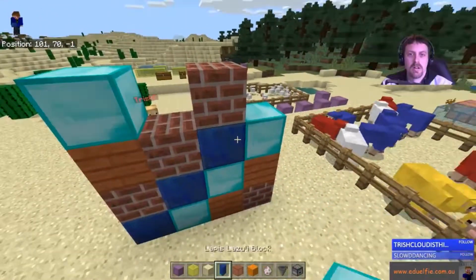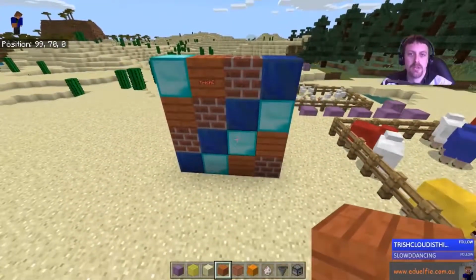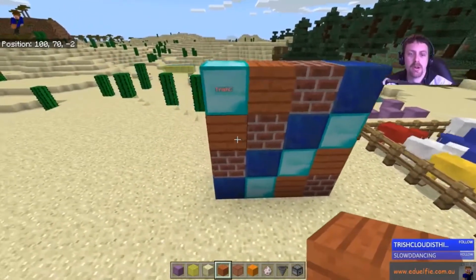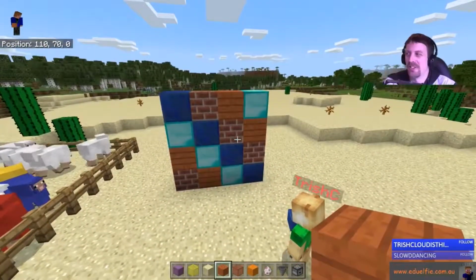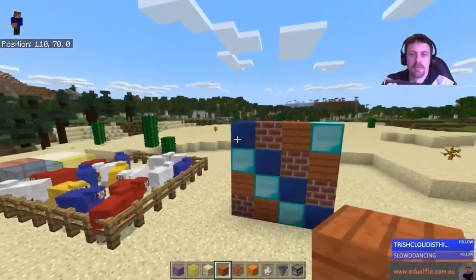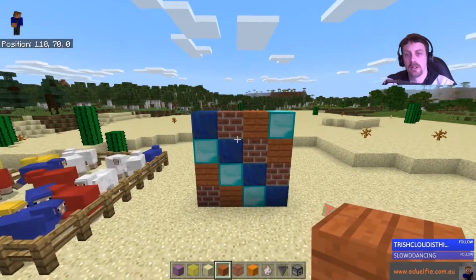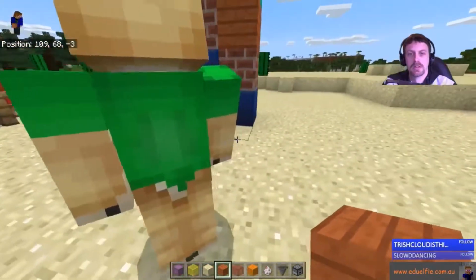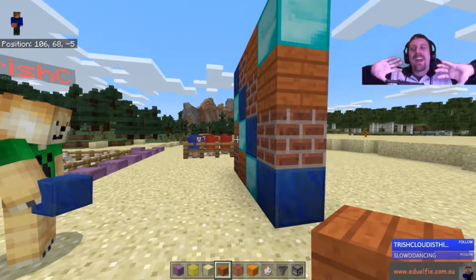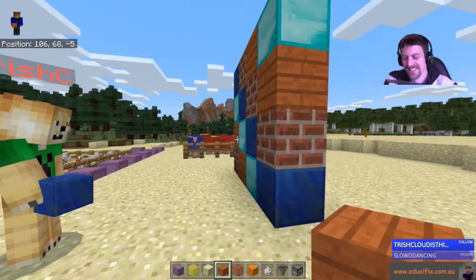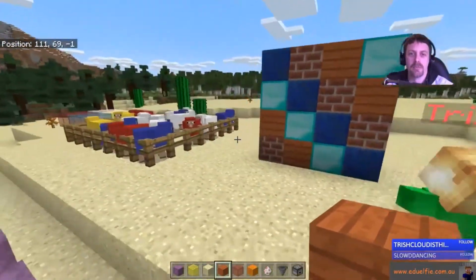Is that too easy? I don't think so. Because if I was doing that, as painful as it would be, that is what I would do. I would pattern it as I have there because that's just how I am. But I would place one of each block. So place one, place the next one, place the next one, place the next one, go back to the start. My wall would be horrible to look at, but it would be correct, without me having to do any thinking and calculations. So there is that way around it.